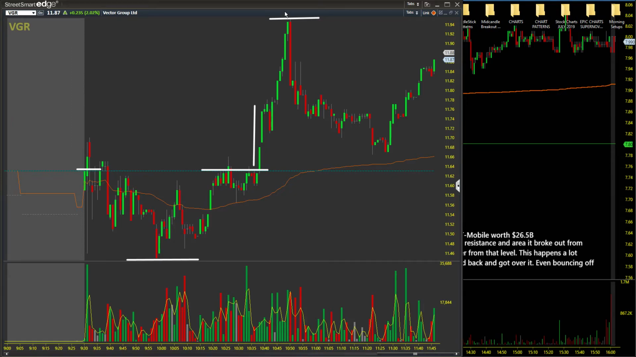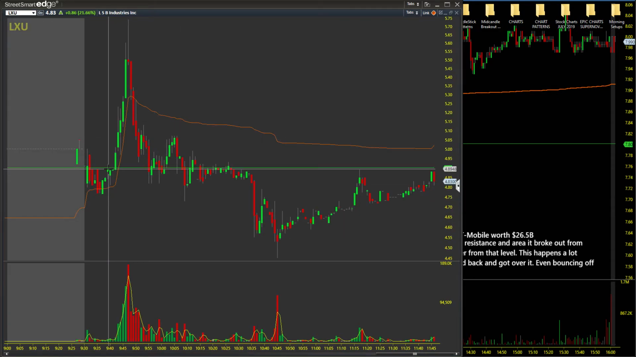$11.62. And then the stock pulls all the way back. And look at right around the area it bounced at. The area where it broke out from. And then moves its way all the way up to 11.88 so far. So pulls all the way back to the area it broke out from. Now you guys can kind of see my thinking process